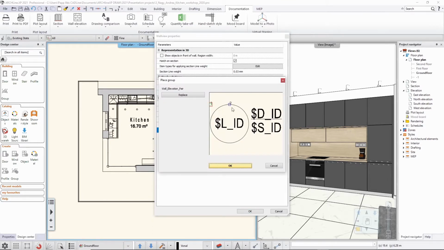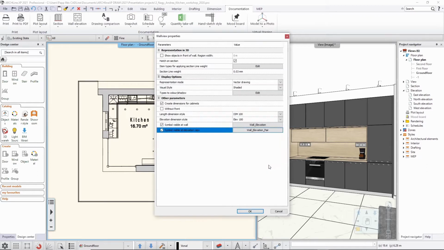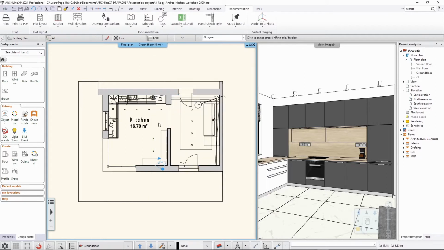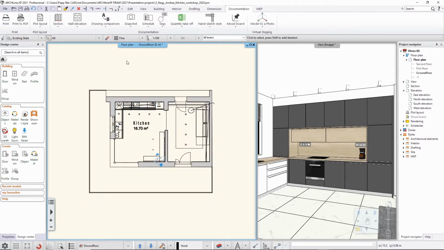You don't have to change those. Those will automatically fill up by default, so you don't have to do anything with that. This is just how they will look like. And then when you say OK, the software remembers these settings, and when you create the elevations, you can go to the interior elevation,